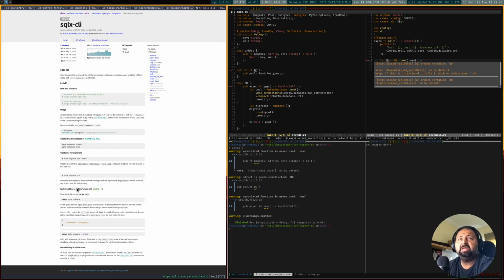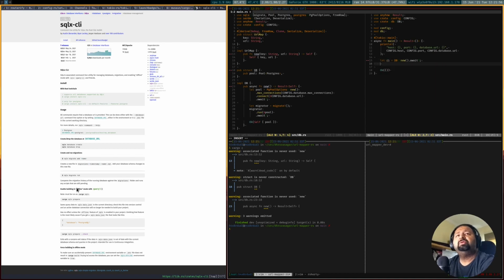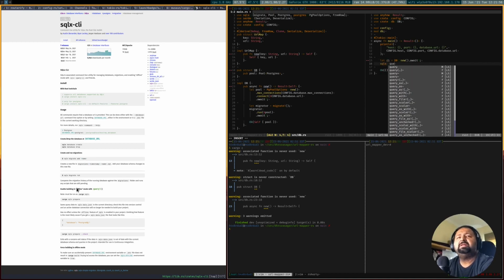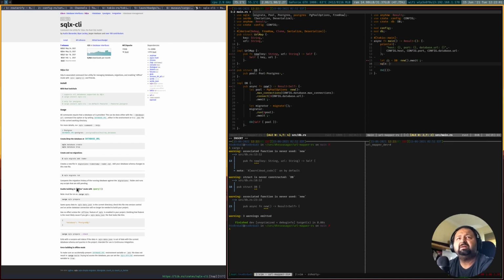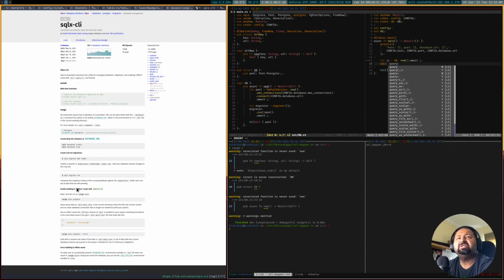So now that we have a DB, it has been instantiated, we get a reference to it. Now let's try maybe running queries on it. The way you can run a query is simple, there are a bunch of APIs. Some of them, the bang variants, which are basically macros, are the ones that are checked.